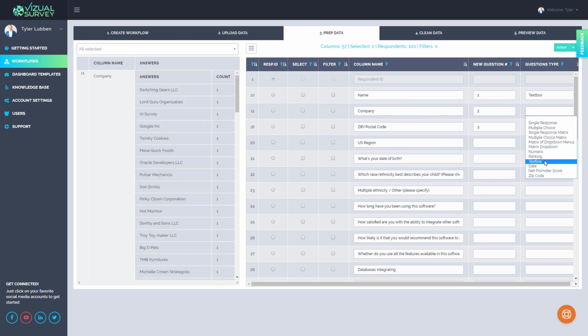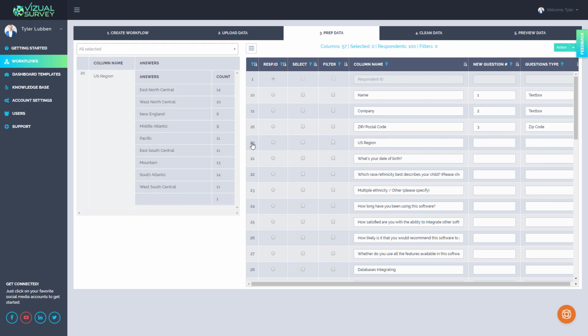Company is also a text box, and zip code is a zip code because we want to show a map in our visualization. All right, the next one is region. Now I'm going to go ahead and just put the crosswalk on another screen so we can go through this